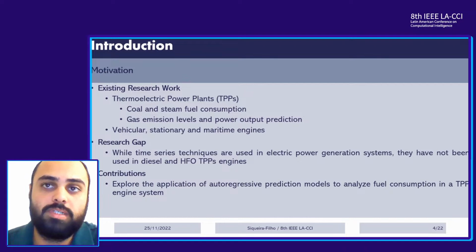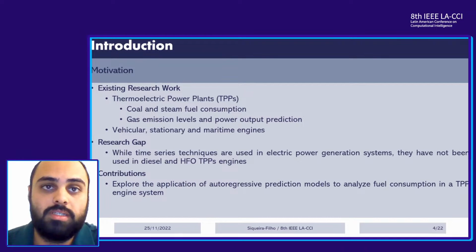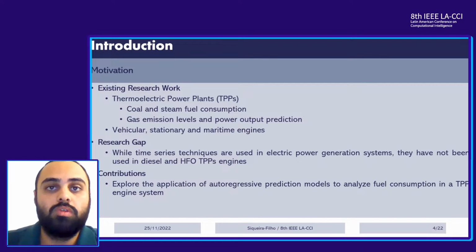usually applied in fuel consumption, energy generation, and gas analysis predictions, usually in coal-fired and steam thermoelectric power plants. It's important to mention that there are a few studies in other applications related to small to large engines. However, we could observe that there are few works that explore the use of these techniques applied in large TPP engines powered by diesel and HFO. Thus, this work aimed to apply autoregressive forecasting models to analyze the fuel consumption on a real engine used in